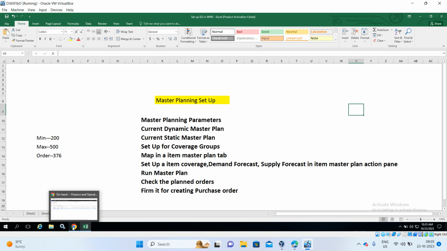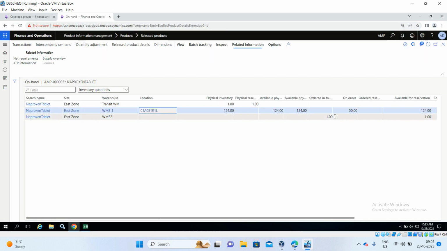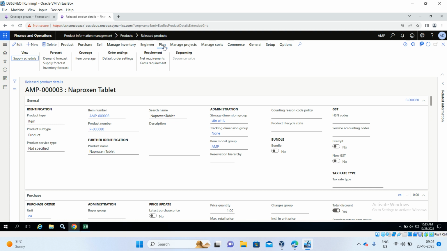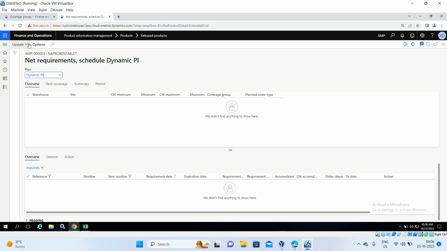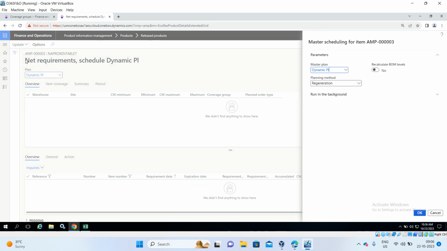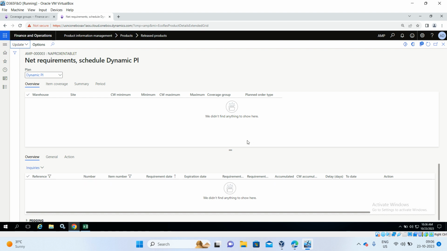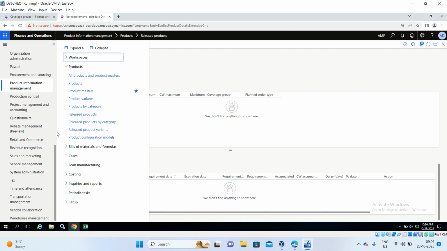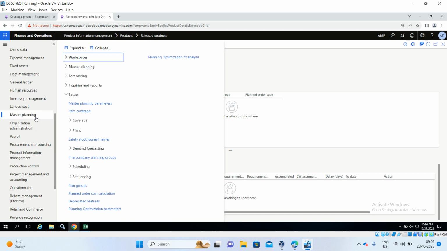Okay, go back. We can run the master plan in three ways. One option is here, net requirements, update, master plan. We can select either dynamic plan or static plan, whatever it is. We can run this one. This is one option. And then the other one, Alt F1, master planning,